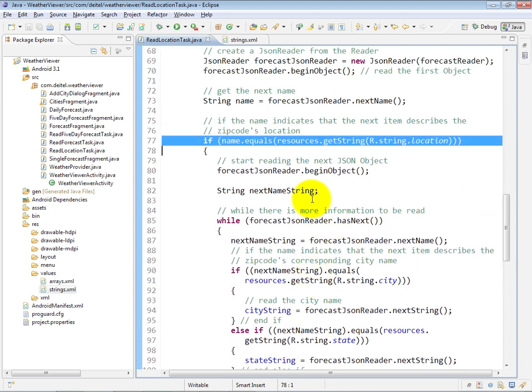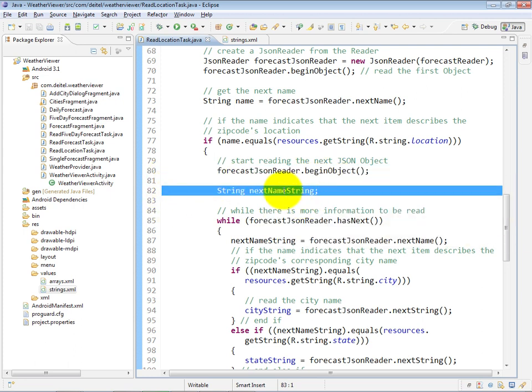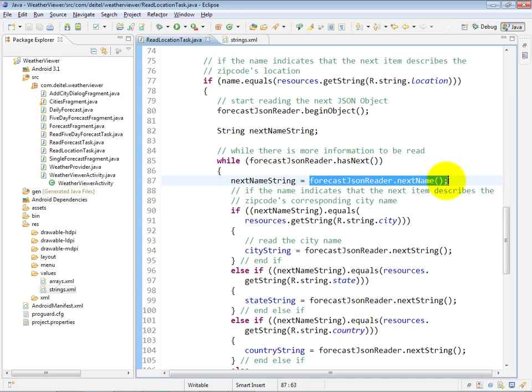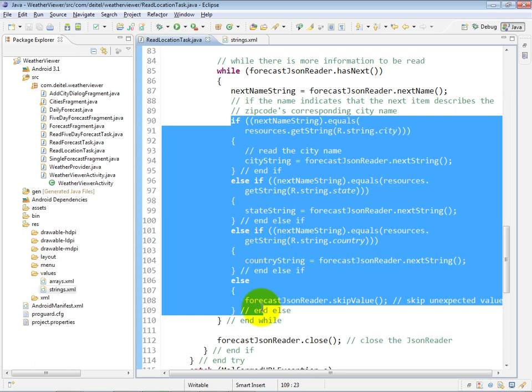So assuming that we properly got the location object back, we know that the value of that location attribute within the JavaScript object that was returned is another JavaScript object. So we call beginObject once again, and then we declare a local variable nextNameString in which we'll keep storing the next attribute name that we read from the JSON object. So while there are more attributes within that object to be read, we will get the next name once again, and then we're going to use this nested if-else statement to figure out what to do with the key value